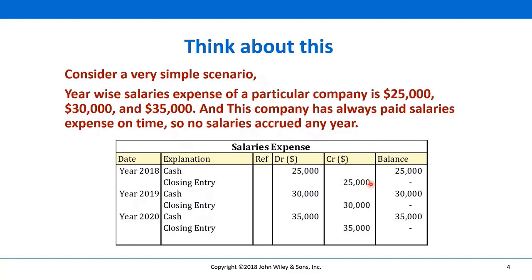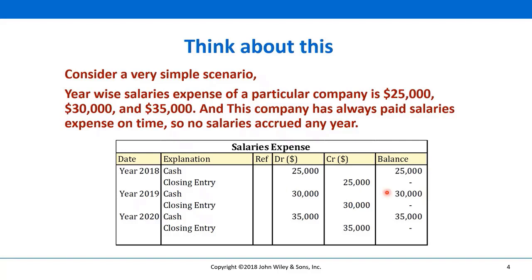Suppose our salaries balance is 25,000. So before going to the next year, we will have a credit entry of 25,000. So the balance of 25,000 debit, with a credit entry of 25,000, will make the balance 0. So in the next year, whatever you do, the previous year's balance will not come. See here that in the next year the expense was 30,000, the balance became 30,000, not 55,000 like before,